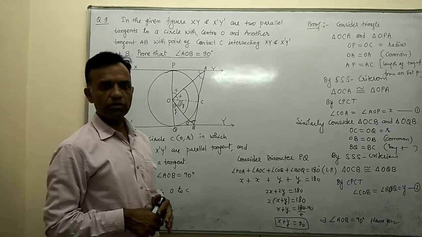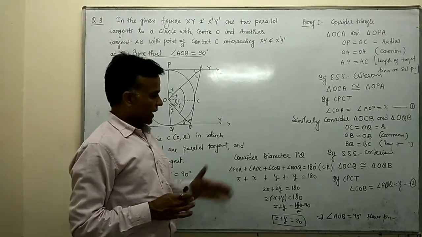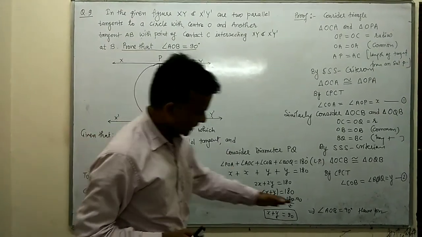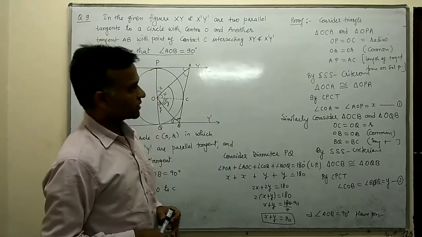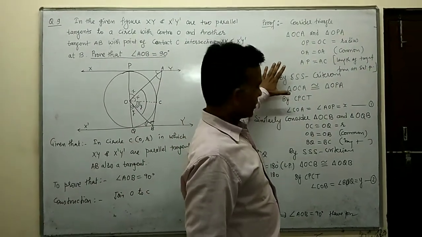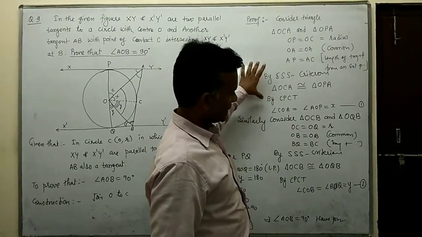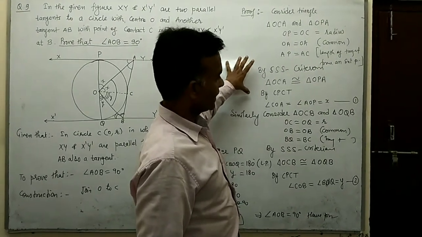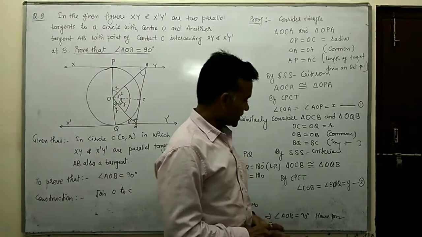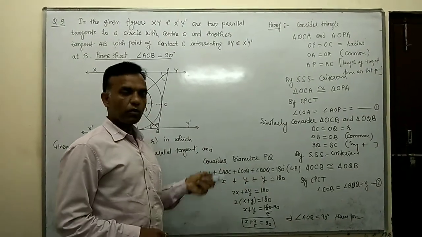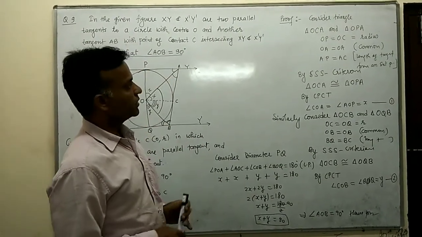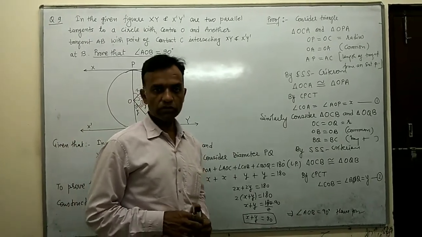But this is the easy concept because everybody knows the linear pair concept, and here we use it. Our result is that angle AOB is 90 degrees, in a very easy manner, because the concept of congruency was already taught in the 9th class. So both the triangle concept, congruency, and the concept of linear pair are from the 9th class, and then we got the result angle AOB equal to 90 degrees. Okay, now see the next question.